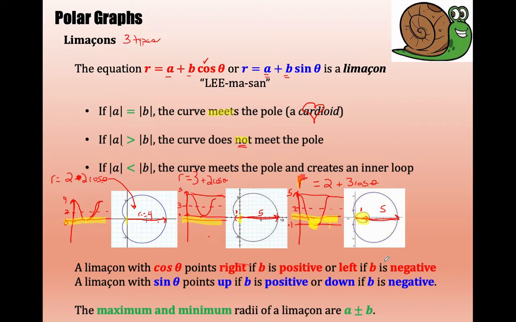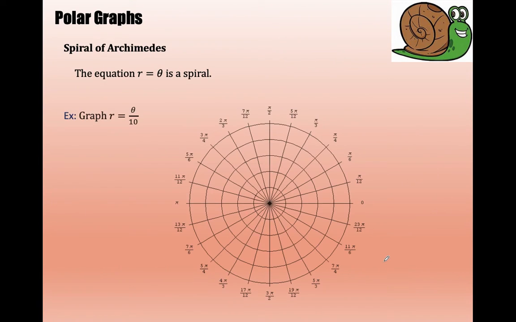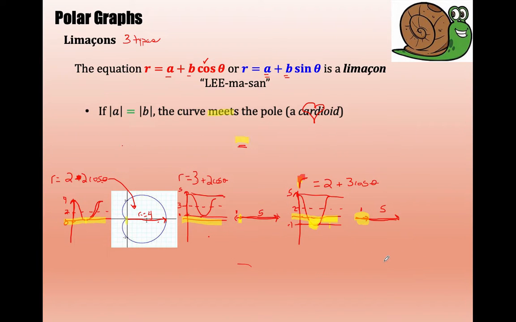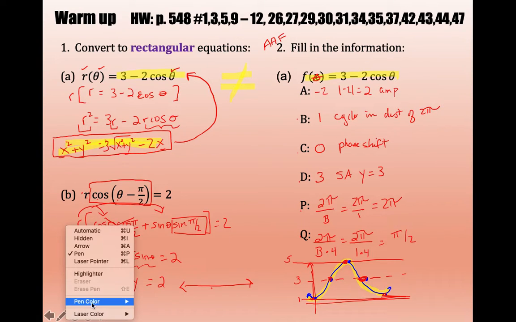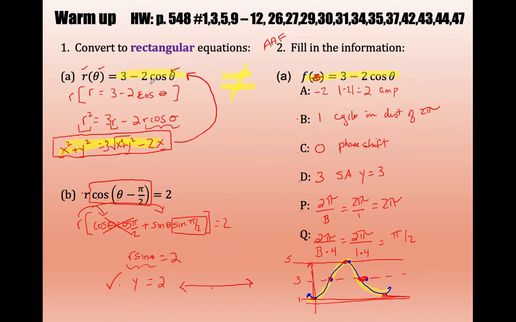So let's think about our warm-up then. Let's go all the way back to our warm-up. So 3 minus 2 cosine theta. What is that now? If I asked you to analyze it in your homework, what would that be? It's definitely not a rose because you have the sinusoidal axis. So this is not a rose, it's a limaçon. Now, is it a cardioid limaçon though? No, because